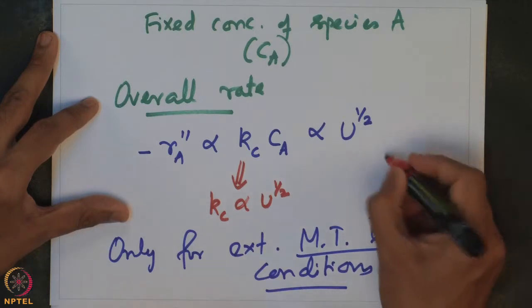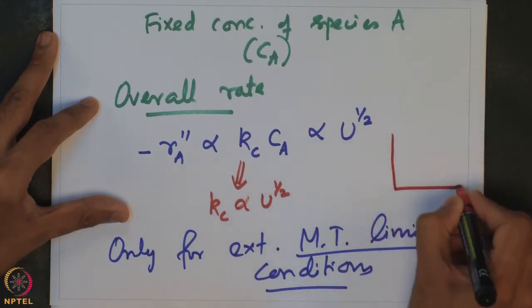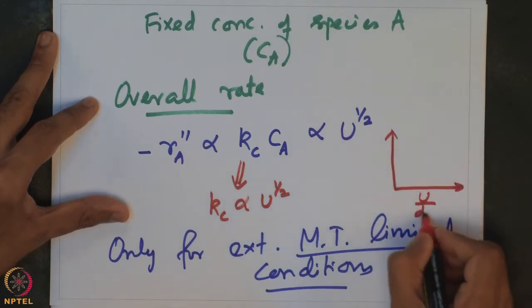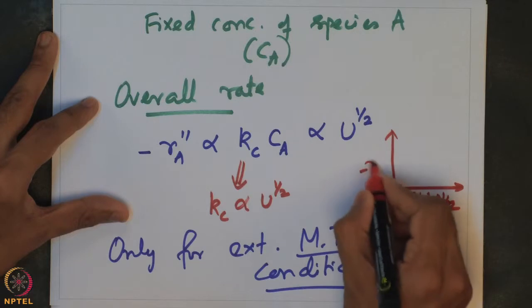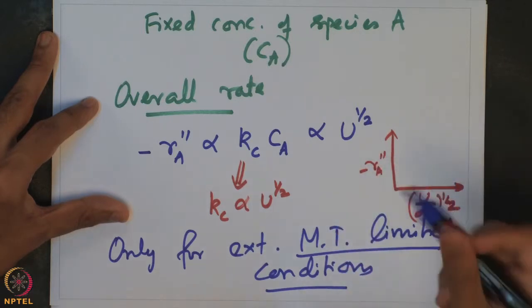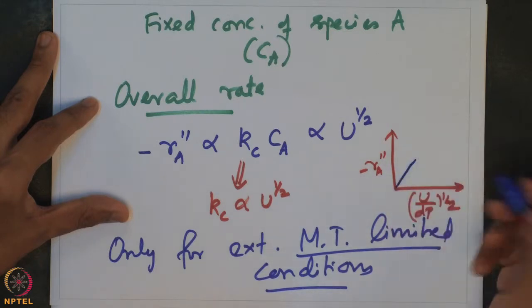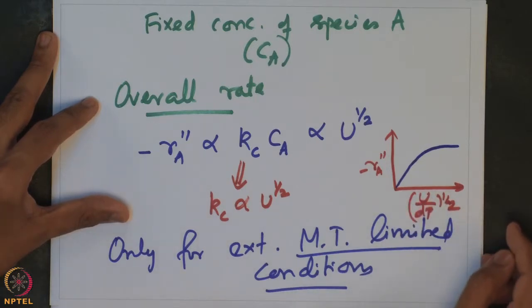And in fact, for the single particle case, we looked at the situation where if I look at u by dp to the power of half versus the overall rate, we observed that there is a region where it is external mass transport limited, after which the overall rate at which the reaction happens is independent of the velocity. So, clearly there is an upper limit to which the superficial velocity can be increased where the reaction rate is a function of the superficial velocity. After that point, however much the superficial velocity is increased, the overall rate increase is going to be very marginal, because the external mass transport limitation assumption is no more valid.